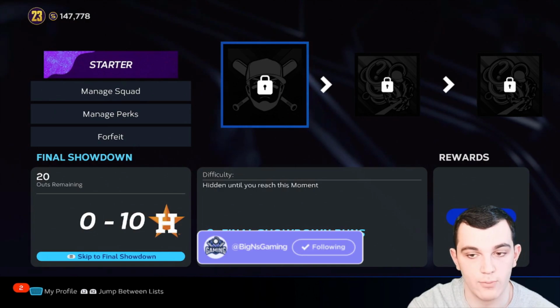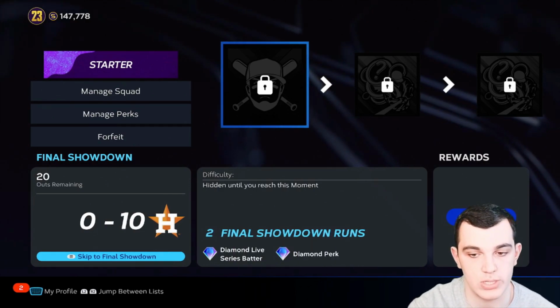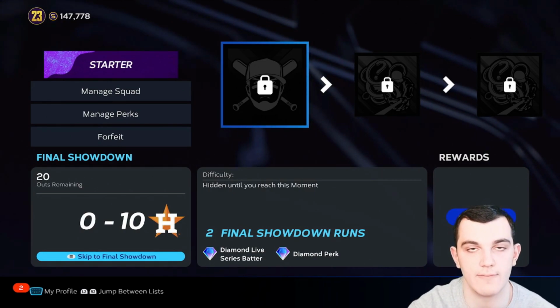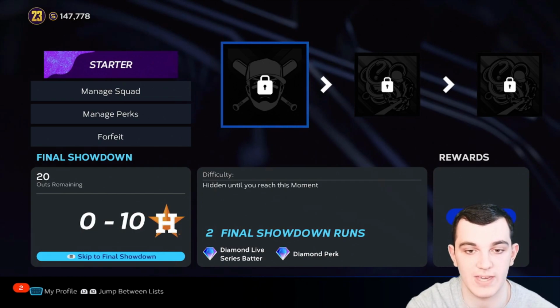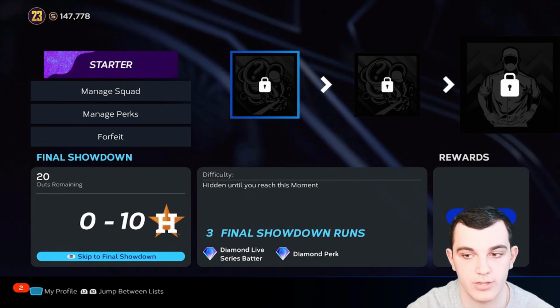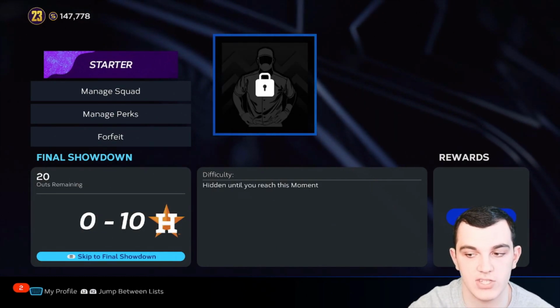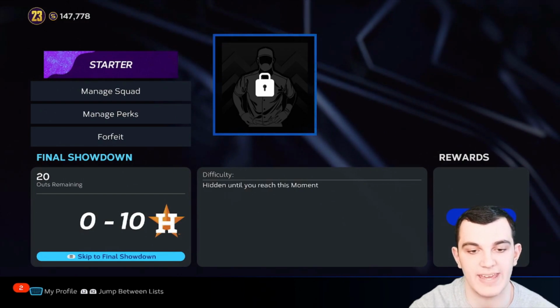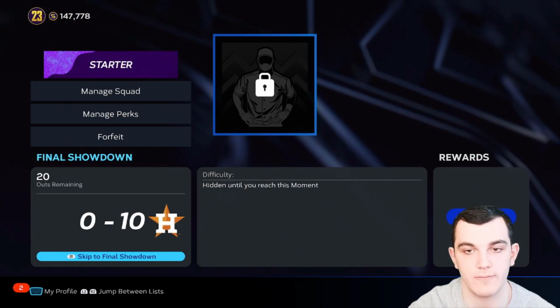For the red ones, this is an elimination Showdown, which means if you don't complete it, you're done and you have to restart the whole thing. So these are the ones that are obviously the most important, because if you fail, you have to do it all over again. And then the final Showdown, obviously, it works the same way as the elimination Showdown. You have a certain amount of outs to get a certain amount of runs, and if you do, you complete